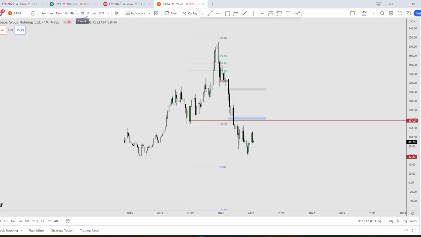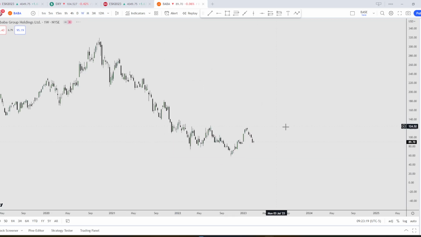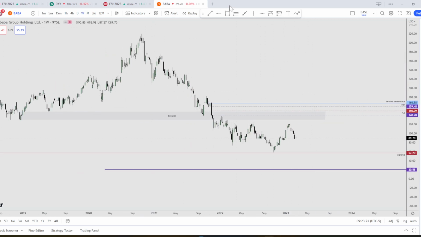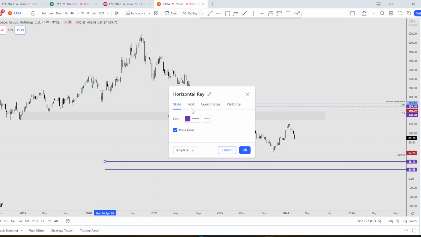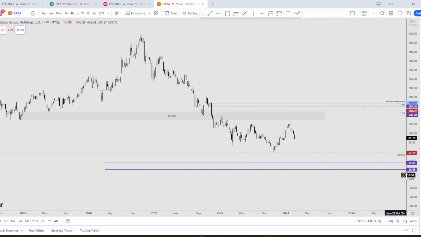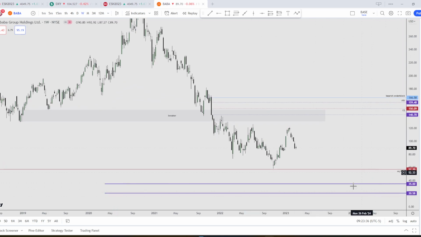Let's go on to the weekly. I'll do one more line, 35 right here. Yep, so that would be interesting to watch if we get down to these levels and do some sort of